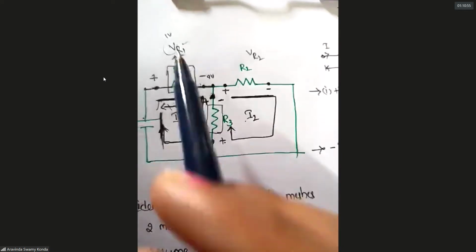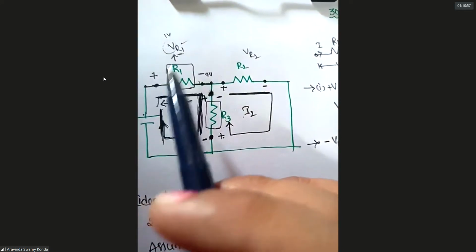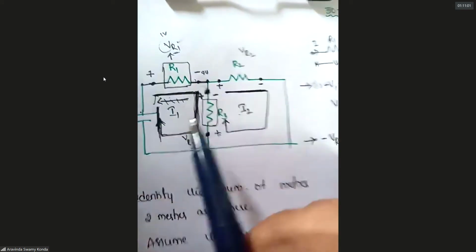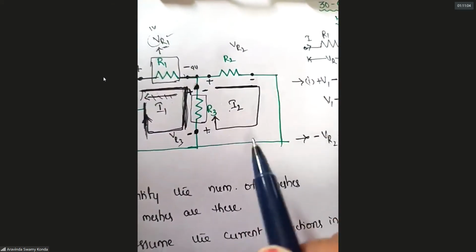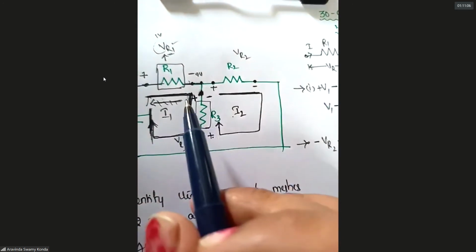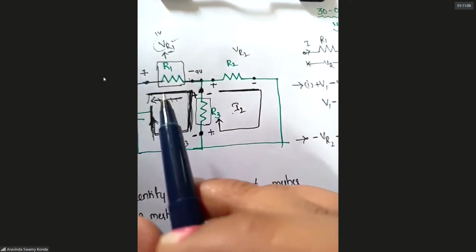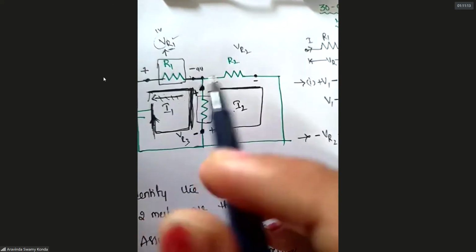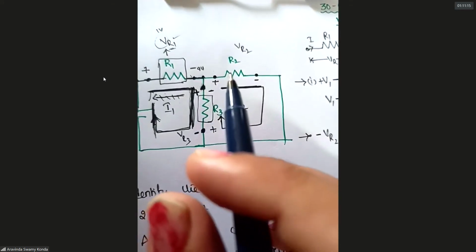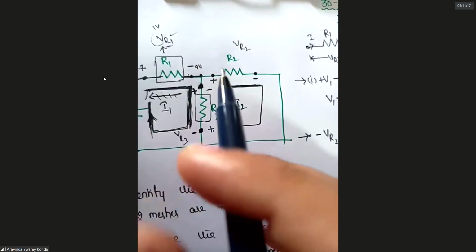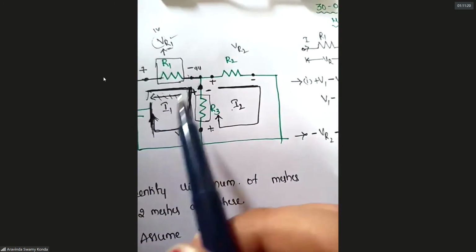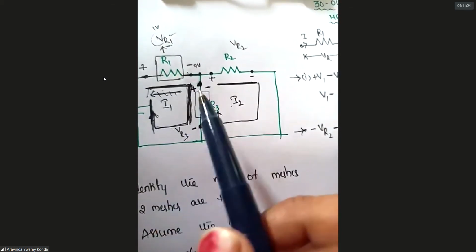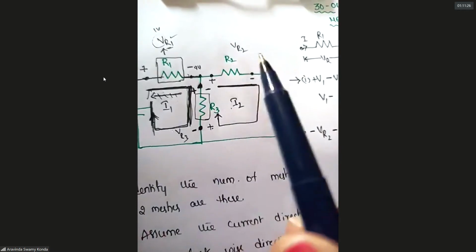Am I clear? So what is the R1 current? R1 element current is the individual element, so the current flowing in it is I1. R2 is also I2. What about R3? It is the combination element, so you take the resultant current of the first mesh and the second mesh, that is I1 minus I2. Net current means subtraction. The first mesh current is I1, the second mesh current is I2, so the resultant current of these two meshes is I1 minus I2.